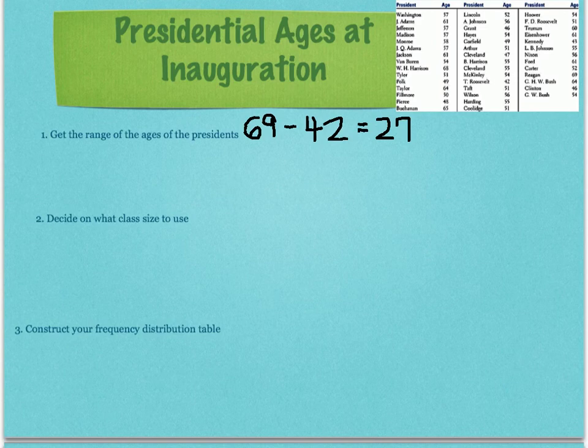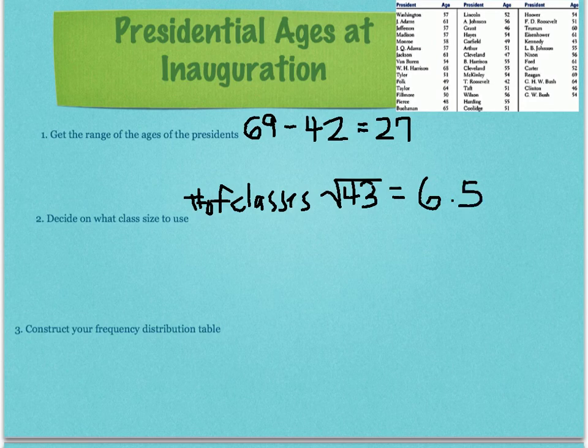The next thing we need to do is determine the number of classes that we have, and also the width of each class. Now remember, as we discussed yesterday, when we're deciding on the number of classes, it's a good rule of thumb to use the square root of the number of data you have. And there are 43 presidents listed, so I'm going to take the square root of 43, and that gives me 6.5. And you can either round this up or round this down. Normally it's rounded up, but today I'm going to round it down and use 6 classes,